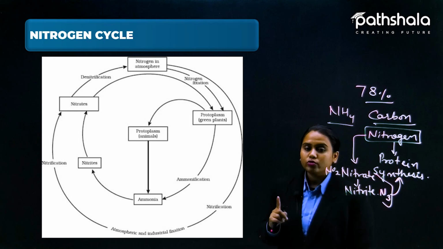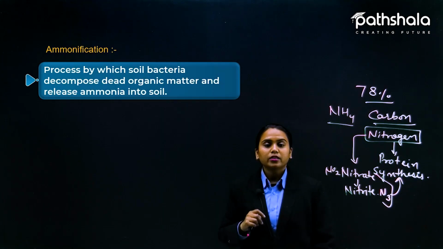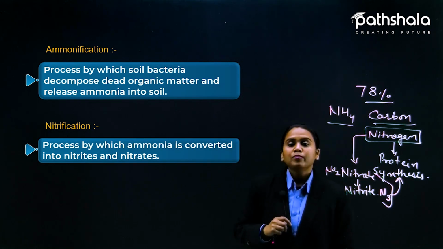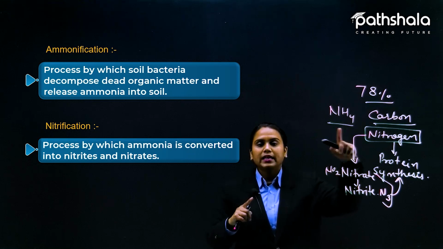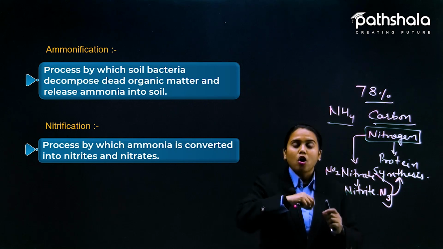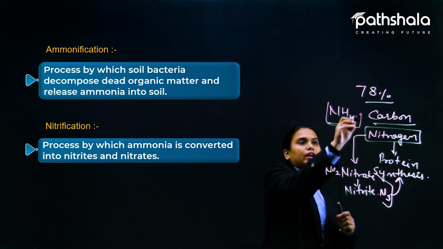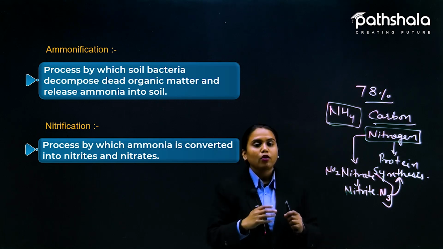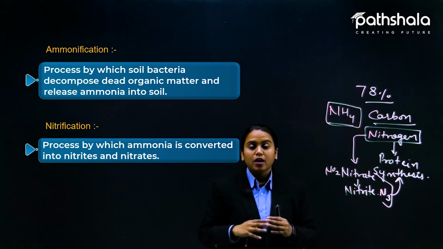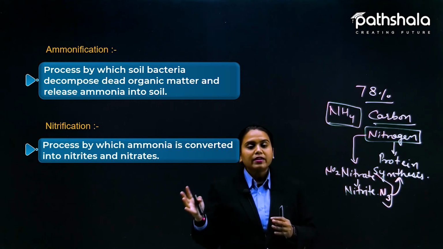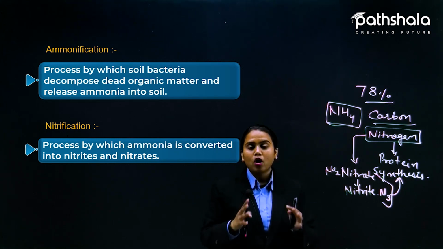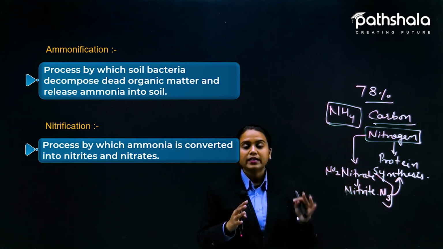So this is how the nitrogen cycle works, and here the terms ammonification and nitrification are introduced for you people. Ammonification is for ammonia basically, the process by which soil bacteria decompose organic matter into ammonia. Okay, ammonia is again used for some protein synthesis processes, making protein chains very big. So that is the reason why we have different colors of plants, different types of humans, different faces. We all have different faces because of this protein synthesis.